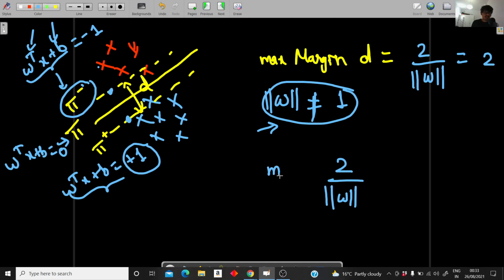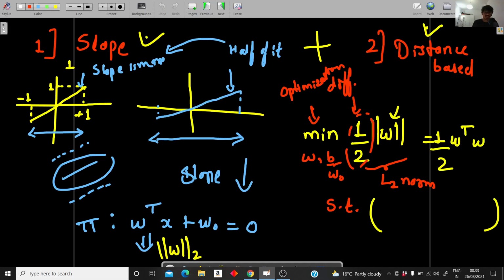So again I am forming one more constrained optimization problem. We have to find those w's and the b which maximize this, such that the constraint holds. So now it's time to have the constraint. The constraint for the first approach and the second approach is the same, so I'll continue from the first approach now. I hope things are clear now.